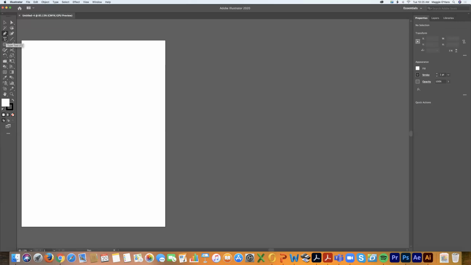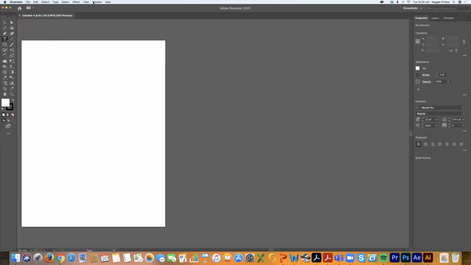The first thing that we will briefly review is the type tool. This is how you will create and incorporate any type of text or typography within an Illustrator file. I will go ahead and click on the very basic type tool. Before I actually start working in this file, this is just personal preference: I like to turn on my rulers, and usually I'll even create guides for myself, which is an easy way to create a border in which you are housing all of your elements inside to make sure that it's just a clean